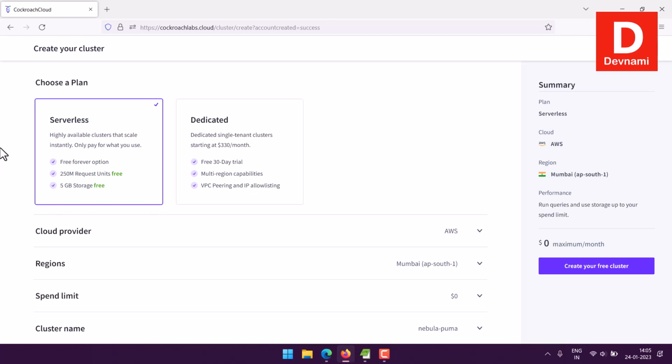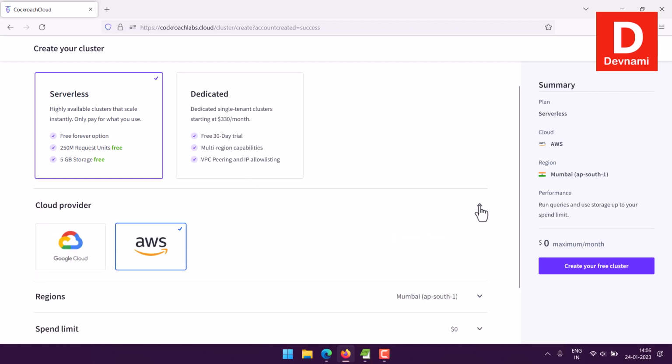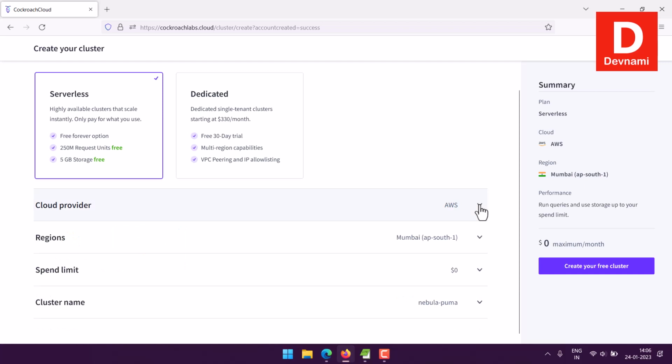So you choose the serverless, considering everything is free here forever. No need to worry about those cloud charges, etc. You can keep using it to learn and test out your queries, right? You can choose between AWS and GCP. I will go with AWS,